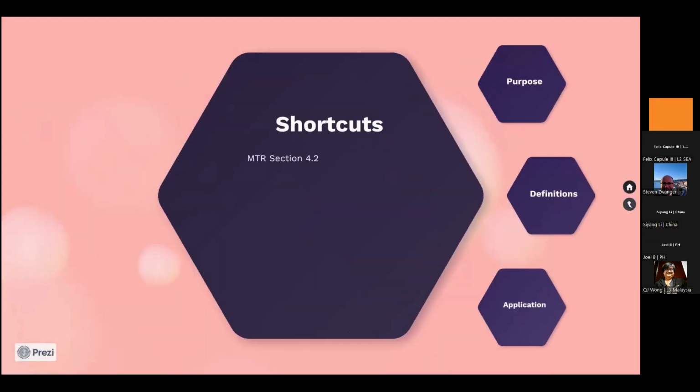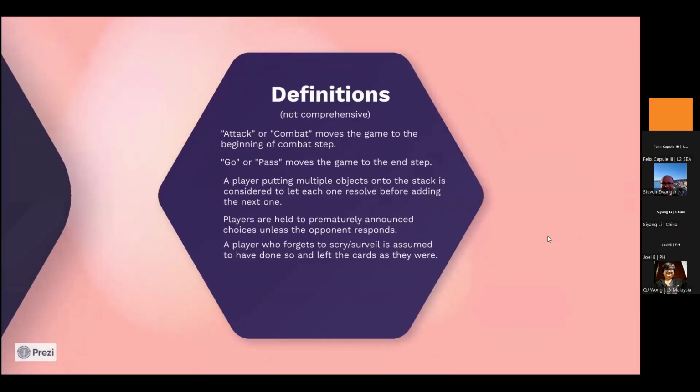So now that we've looked at the philosophy, the reason why we have a shortcut policy, let's look at some examples of specific shortcuts. Now, this list is not exhaustive. There are a lot of official shortcuts, and they would not all fit on this page. And we don't need to go through every one, because this is not so much to explain the meaning of all the shortcuts as to explain what the general policy is and how to apply this policy about shortcuts. So one of the most common shortcuts is